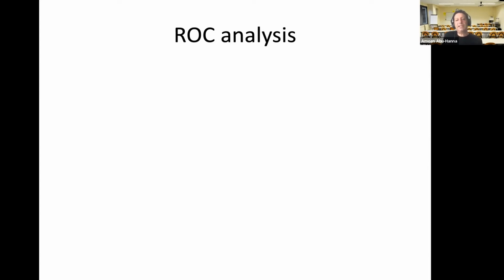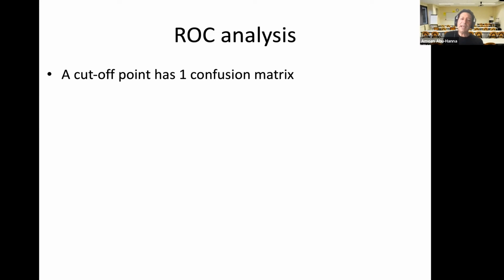So the ROC analysis is now, the tools that we learned, we can use them for the ROC analysis, receiver operating characteristic. So what we've seen up till now, I took one cutoff point, and I made this confusion matrix, and then I could calculate all these things that I showed you. But I can aggregate